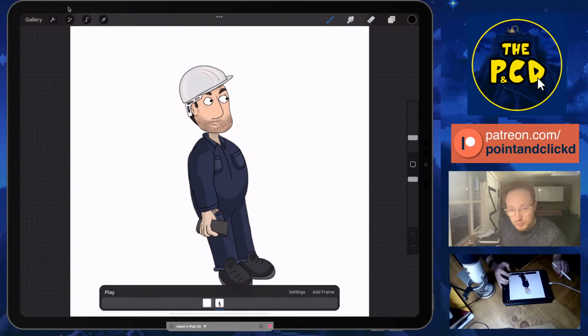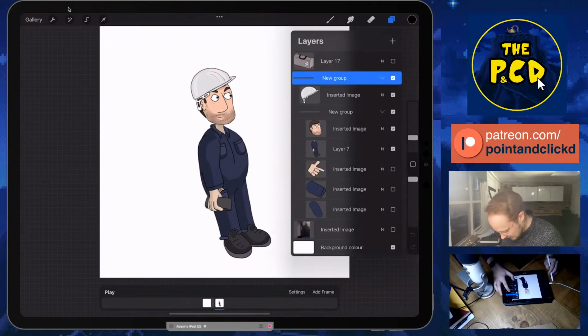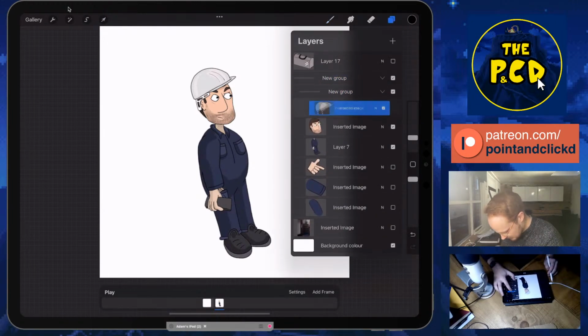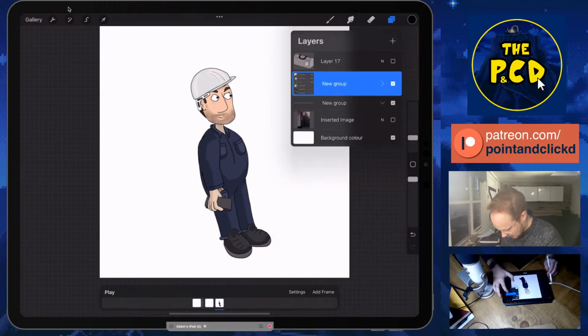No, he's going to take this piece of paper, say fine, I'll leave or whatever, and then he's going to stand upright, which is what I'm going to animate now, and then he will walk off. And so I need to